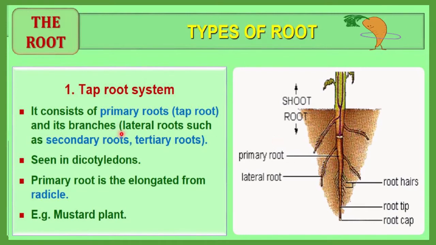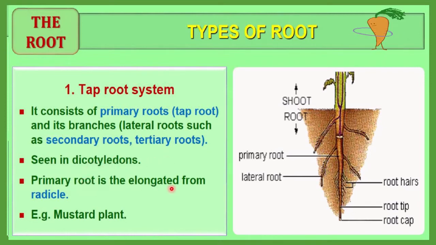Such lateral branches or lateral roots are considered secondary roots. Further, these secondary roots will form further branching. Here you can see very narrow branching, and that is now called a tertiary root. So the primary one is the main root, branches from that are secondary, and from the secondary branches come the tertiary ones. By this way you can get the idea of primary roots, secondary roots, and tertiary roots. And mostly this type of root system you can observe in dicotyledonous plants. So this type of root system you will observe in dicotyledonous plants.